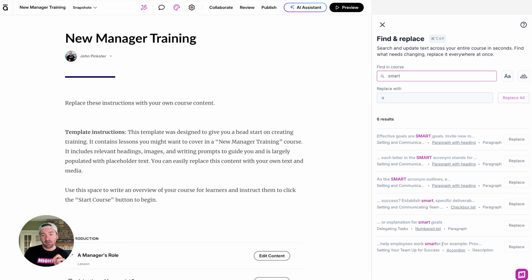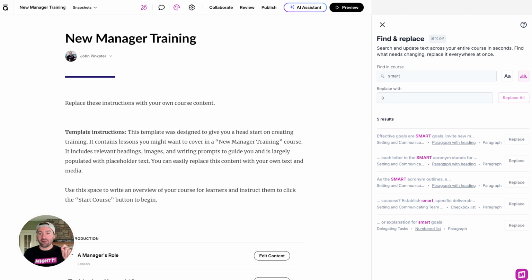Okay, we've got several instances of it. There's "smarter," which we don't want, so we can do match whole word. Okay, cool. Now we've limited it down to just the words that we wanted. I do want to jump to this because I want to make sure that it is actually specifically in our context that word. So what we'll talk about real quick is how